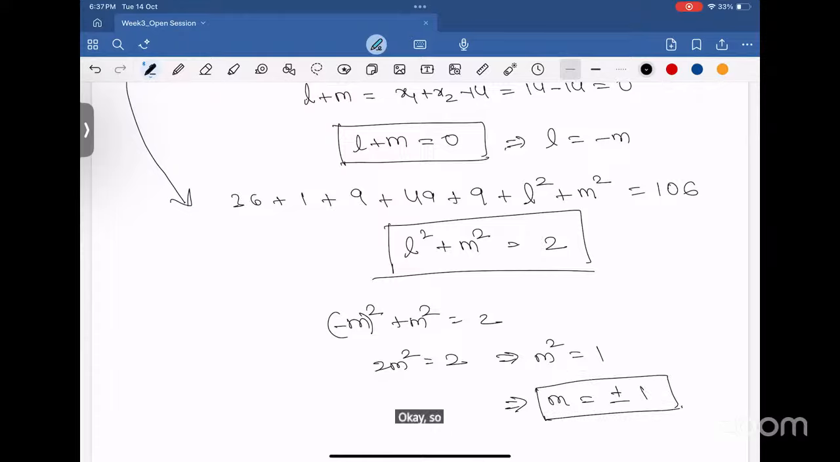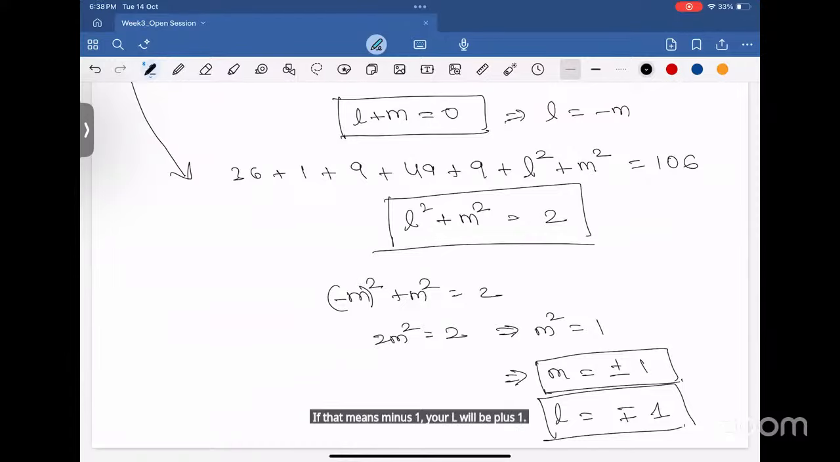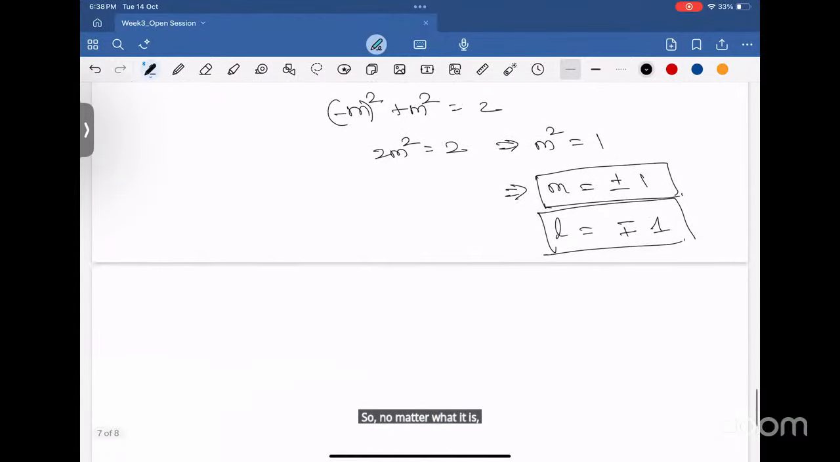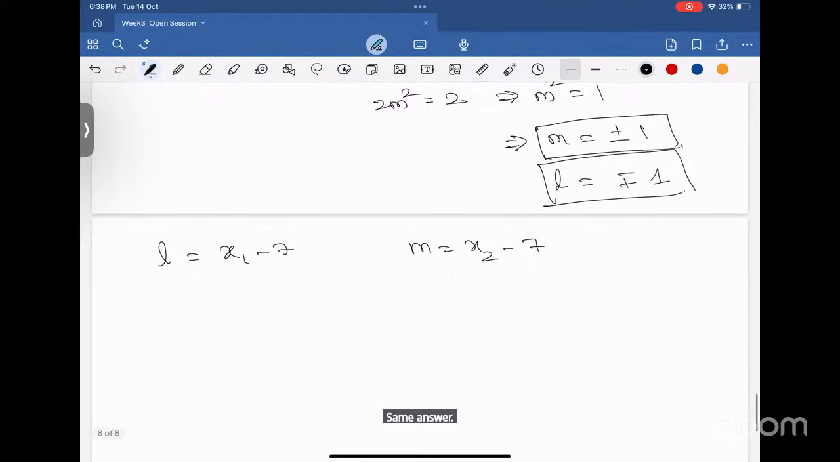Okay, so once you have M plus or minus 1, your L will also be minus or plus 1. So if M is plus 1, your L will be minus 1. If M is minus 1, your L will be plus 1. So no matter what it is, we don't need M and L, we need x1 and x2, right? So L is x1 minus 7, M is x2 minus 7. So you take any one of the cases, even in the other case also, you'll end up getting the same answer. So without loss of generality, I take M to be plus 1,